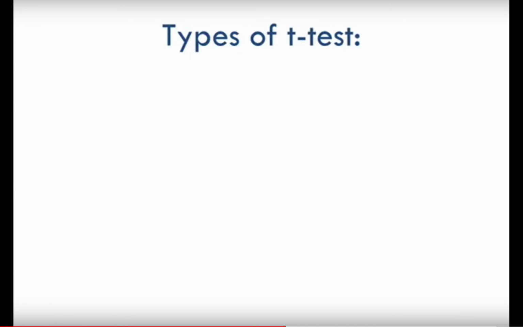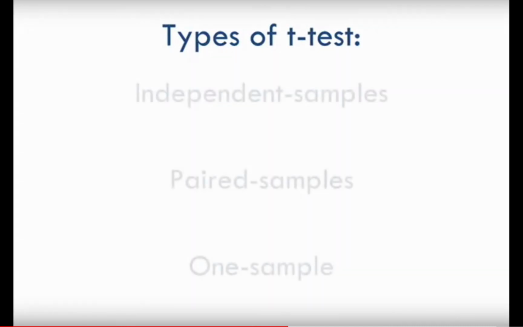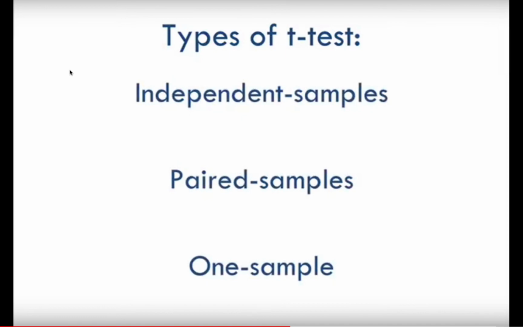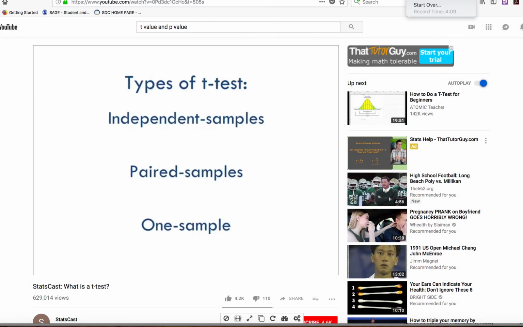There are 3 main types of t-test: the independent samples, paired samples, and the one-sample test. The most common type is the independent